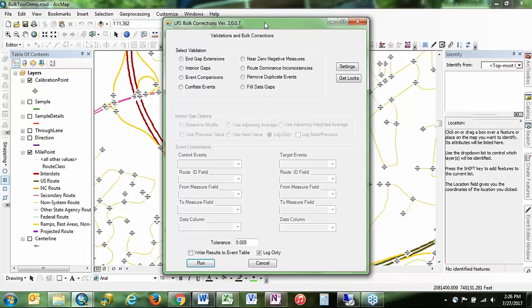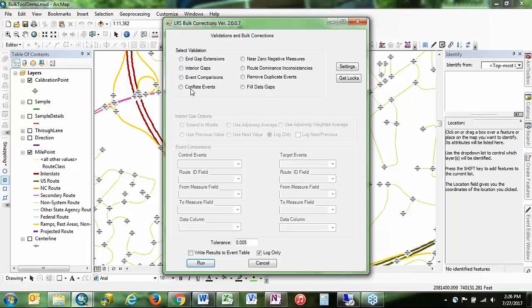So always use versions. The tool, like I said, does respect the data connection that's behind the layer. So if you have a version in there, the edits that you let the tool make are only made in that version. So this is kind of your last safety net to get you out of trouble in case you aren't able to undo something that you did in your edit session. So the tool requires an edit session, but just to be safe, we advise that you always use a version, so you've always got that last back step of deleting a version if you aren't happy with whatever you change.